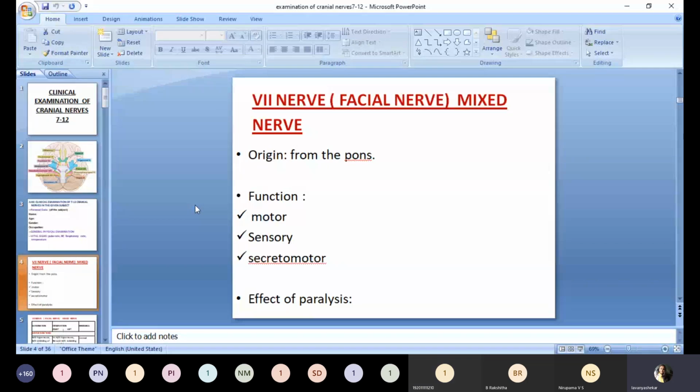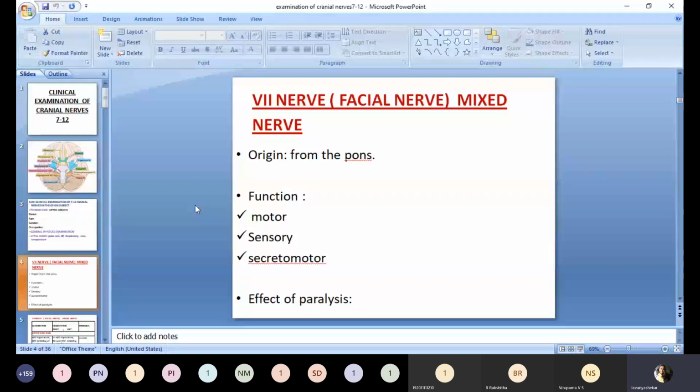Okay. So here the sensory fibers. The sensory component of the facial nerve brings about the taste sensation from the anterior 2/3 of the tongue. So the motor fibers supply all the facial muscles and the scalp muscle except for levator palpebrae superioris, and also your stylohyoid muscle, buccinator muscle and the stapedius muscle. Whereas the sensory fibers supply the anterior 2/3 of the tongue.